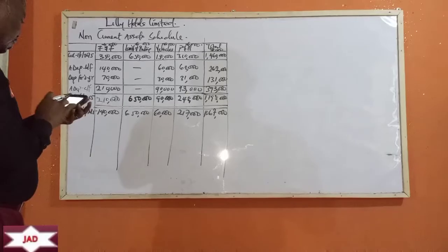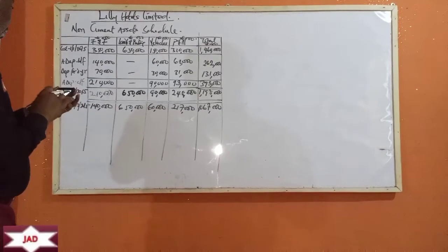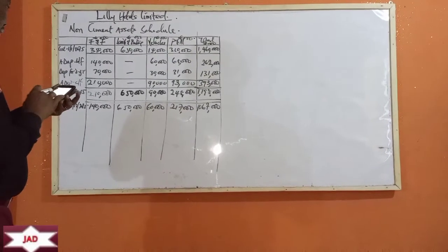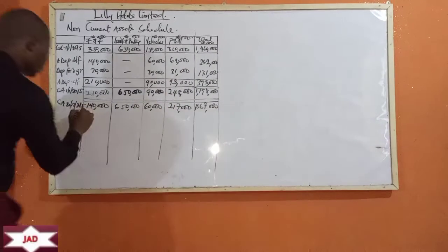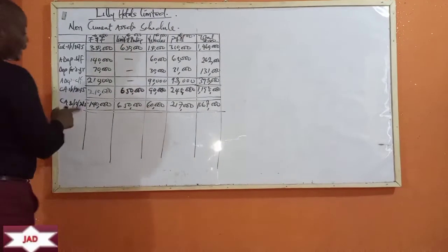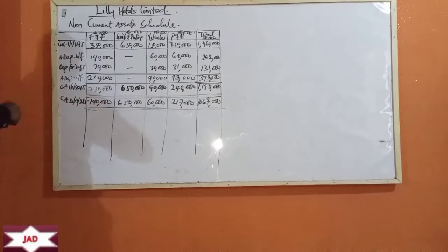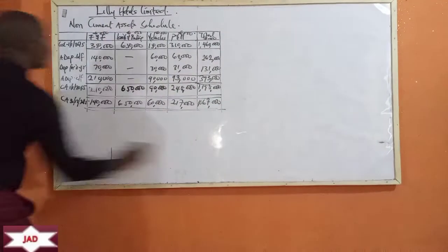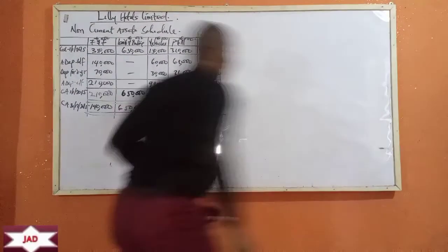So let's go. We have 140,000 plus 650,000 plus 60,000 plus 217,000, which gives 1,067,000. So this is what we call the fixed asset schedule. As at the end of 2015, this is the cost of the asset, or the carrying amount of the asset, or the net book value of the asset. This is the first thing that you have been asked to prepare. So we prepare the non-current asset schedule, or you can call it the fixed asset schedule.